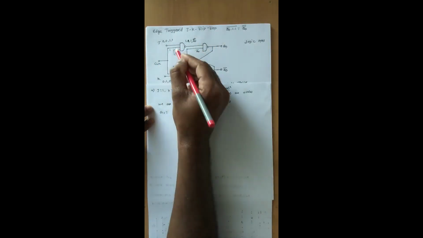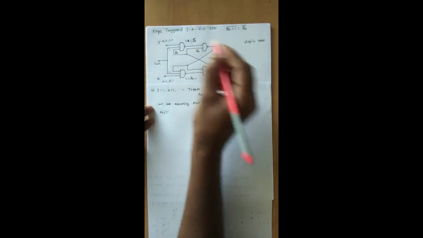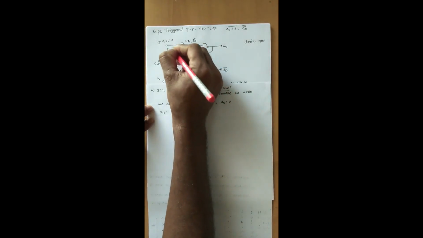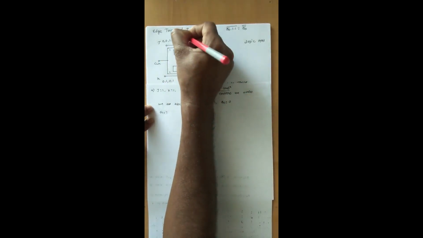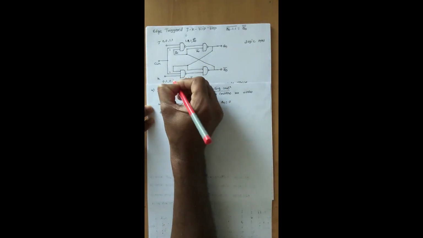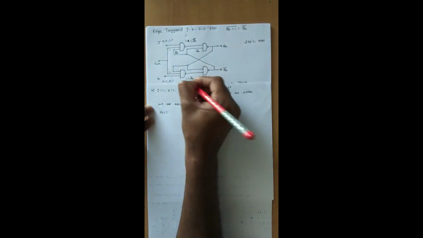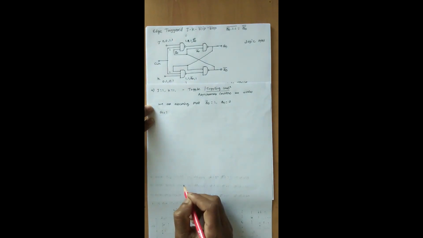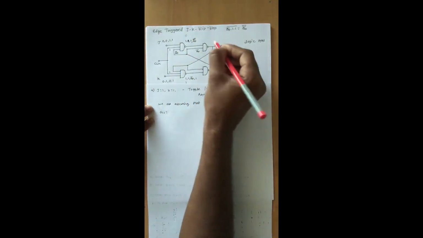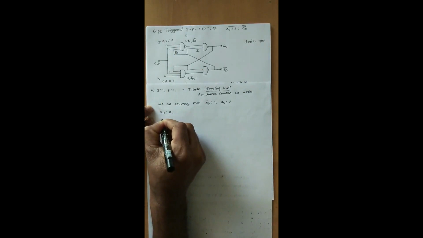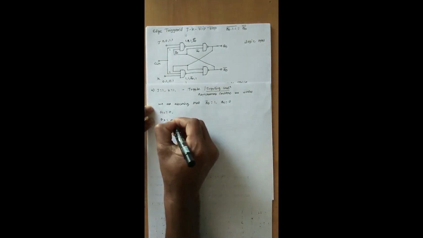So we have to study the third input. What is the Q of n bar? Here Q of n bar, as per our assumptions, is 1. So 1 into 1 into 1, the output will be 0. For this condition, 1 into 1 into Q of n, which is 0. Anything with 0, the output will be 1. So I will write G of 1 value is 0 and G of 2 value is 1.